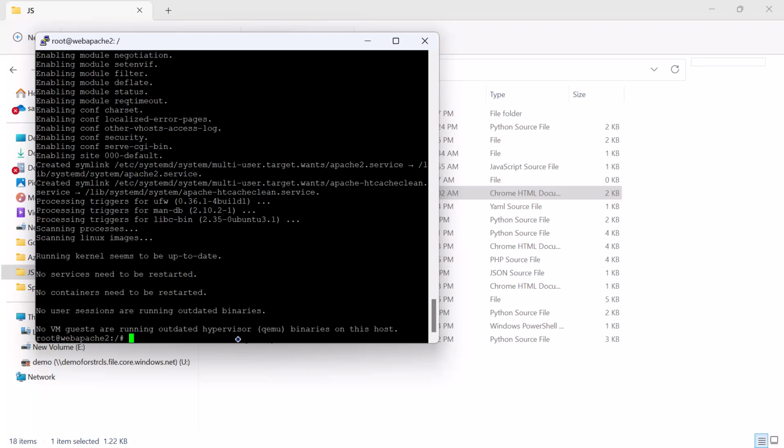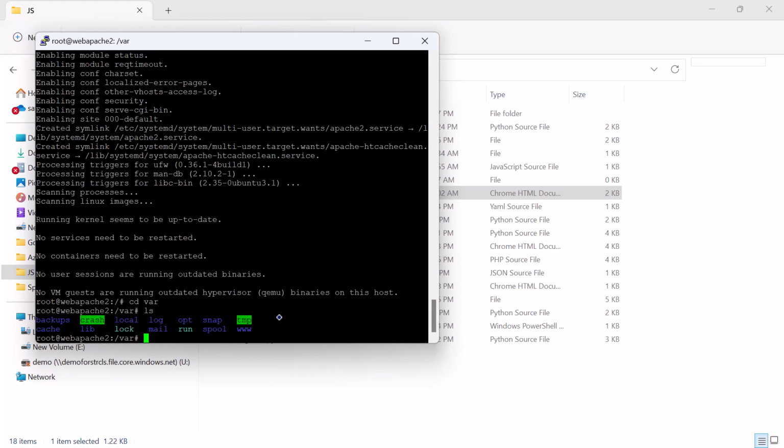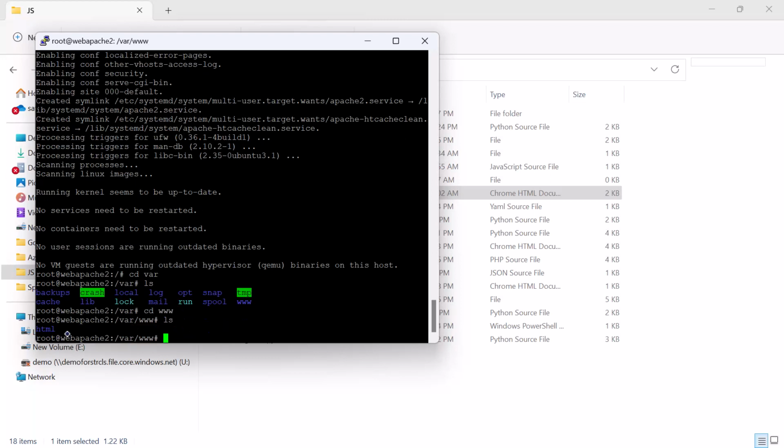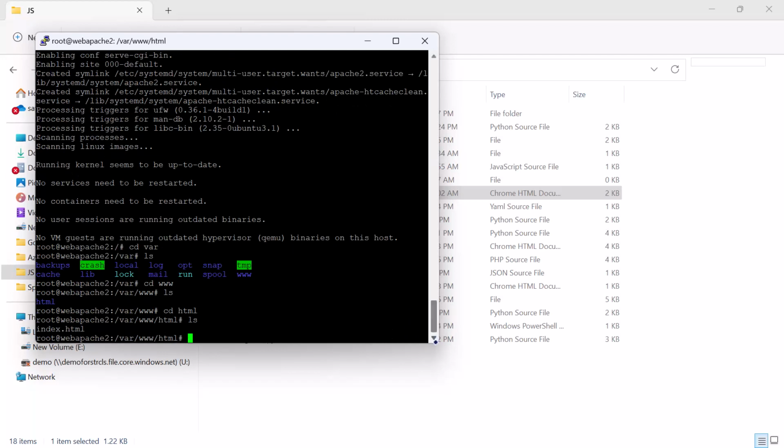Okay, now there are default folders on Linux. One of the default folders is var, right? Let me go into that. So if I do an ls here, you can see the website folder here, www. All the files that are related to websites are stored in that. Let me go to that www. Okay, and if I do ls, I can see a folder called html. Okay, now if I go into that folder, cd html, and I do an ls, enter, I can see an